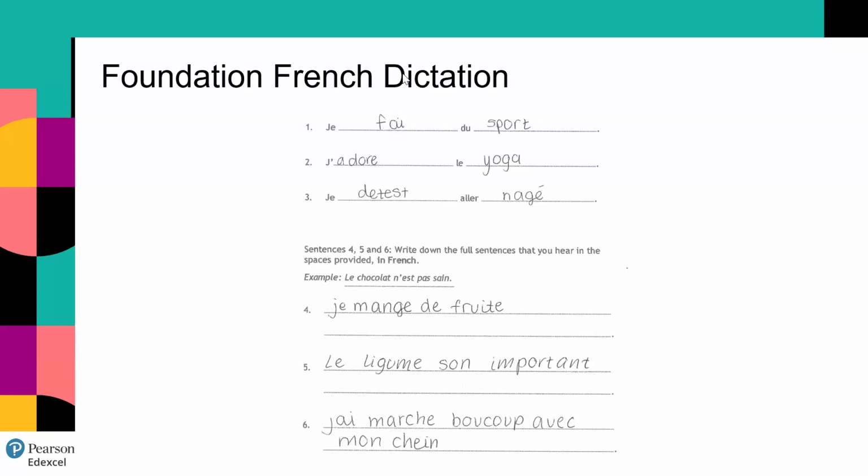Nager here grammatically is wrong because it should be er, but if I say nager, it sounds the same and I can still recognize it, and it's a grammar mistake. So here nager is wrong grammatically, but for the purpose of this task, because we are assessing the sounds, they have given us nager. Okay, and I know the er is the grammar, but nager, er or e with an accent is still nager. Okay, now if you look at 4, je mange is correct, and then de is wrong because de doesn't sound like de,